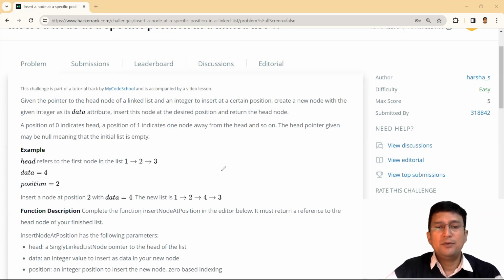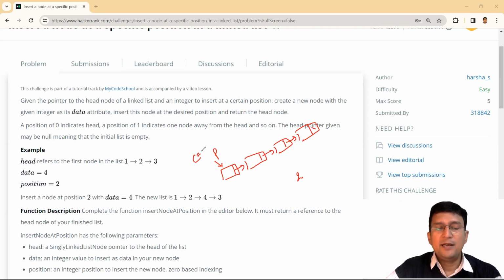So for insertion of a node at a specific position in the linked list, let's take an example. Let's say this is the linked list given to us, and I have been asked to insert the node at 2. I will take a counter and a temporary pointer, let's say P, that points to the first node, and with the counter and this P, I'll reach the specified position for the insertion.